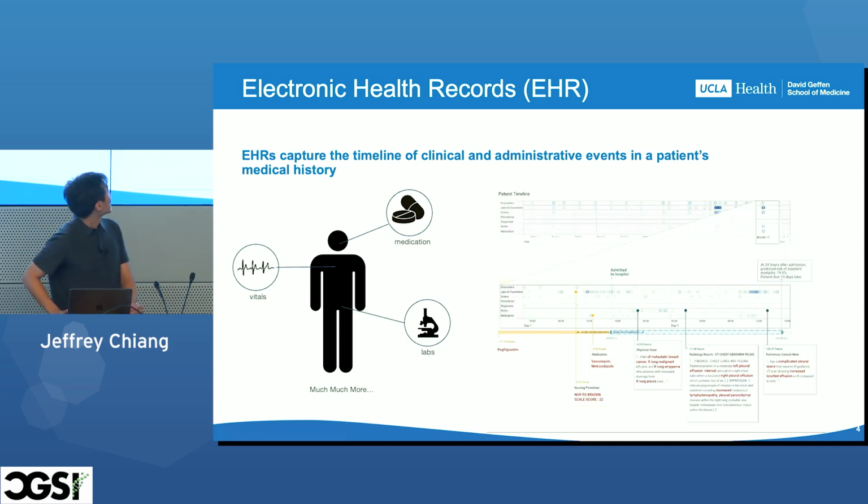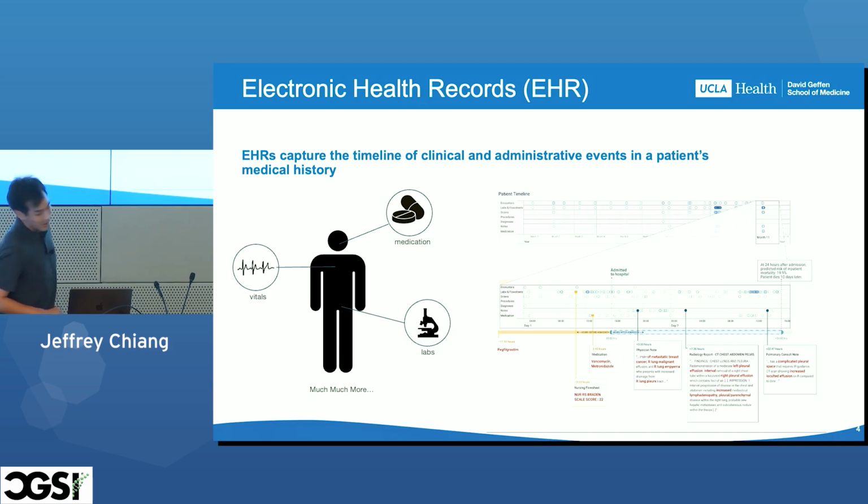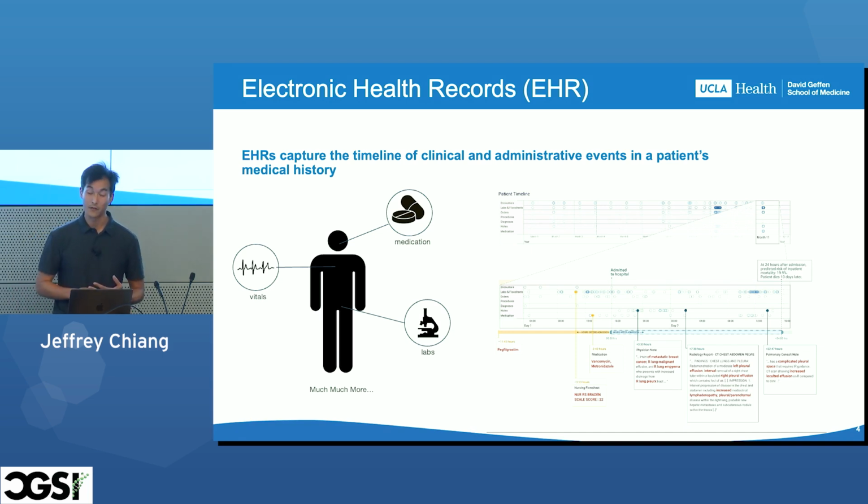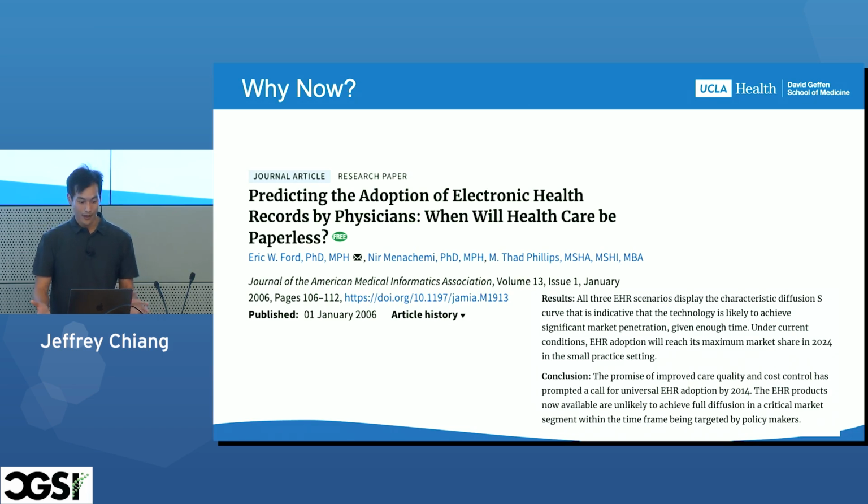So putting all of these together, I'm hoping that this is visible. Putting all of these together with electronic health records, you can get a more holistic view of a patient's health history compared to, say, the pre-EHR era. You can look at a patient's entire timeline. Maybe they had a series of common symptoms before developing some chronic condition or something like this. I'm preaching to the choir here, but